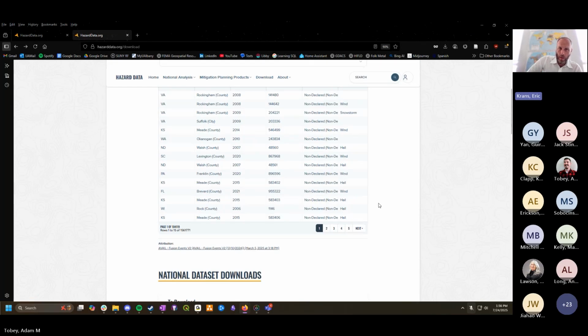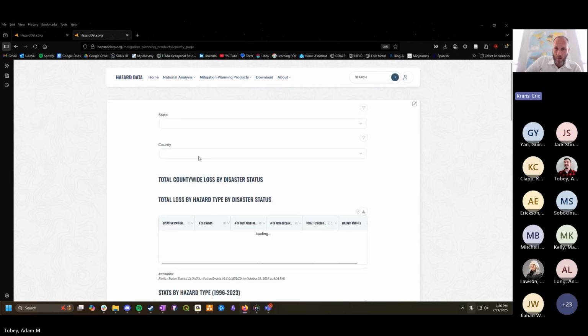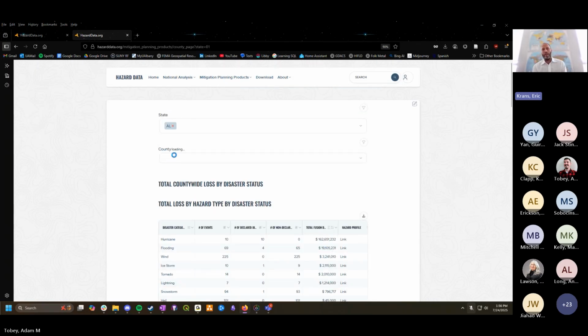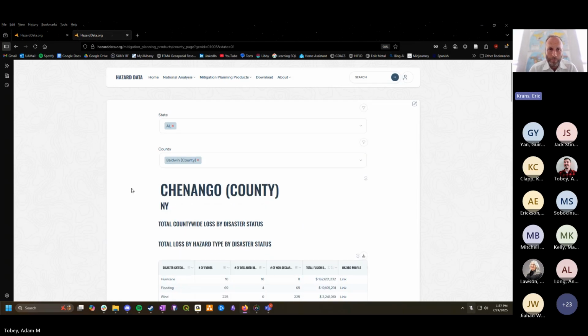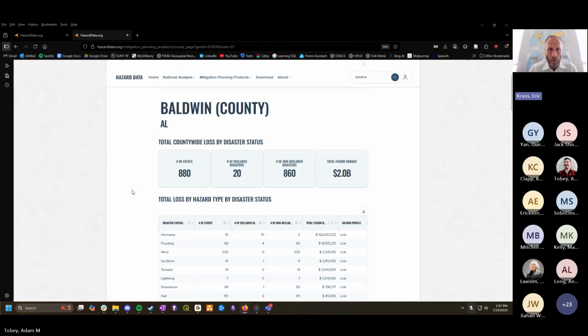And again, those tables that we showed earlier already took that row by row event data and aggregated it, grouped it together. Those tables, the tools that we have, are SQL query type tools where we're saying group by certain things, right? So we're grouping by hazards, or we're grouping by county, or we're grouping by disaster number, et cetera, right? But even when you filter,